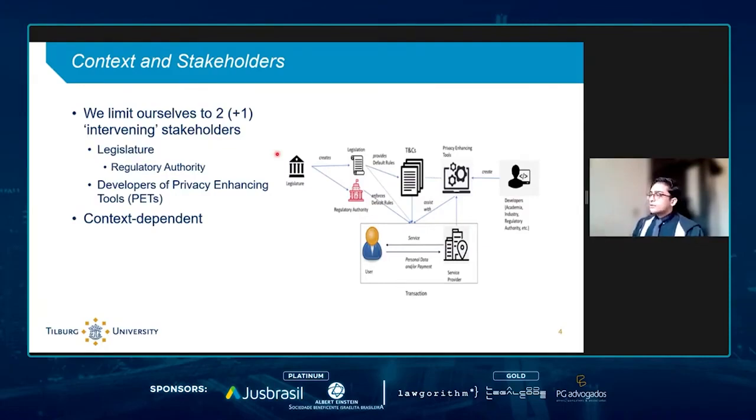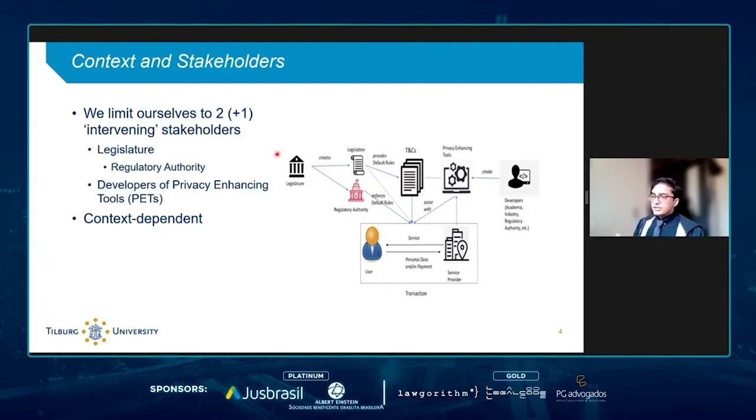They may also create a regulatory authority that enforces these default rules or provides guidelines for their implementation. And crucially, we also look at developers of privacy enhancing tools. These developers may come from the legislature, or they may come from academia, from the industry, from regulatory authorities. And they create privacy enhancing tools to help users with this transaction. The tools may also be created by the service provider itself, and they may or may not interact with the